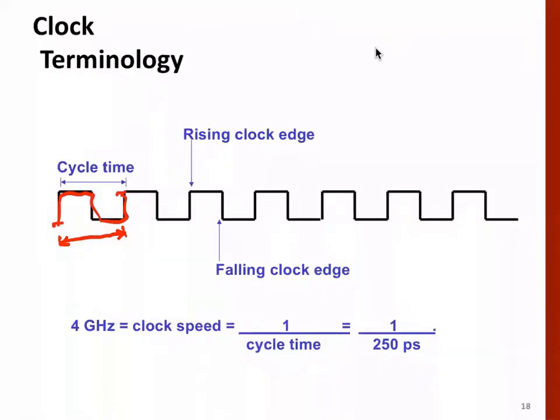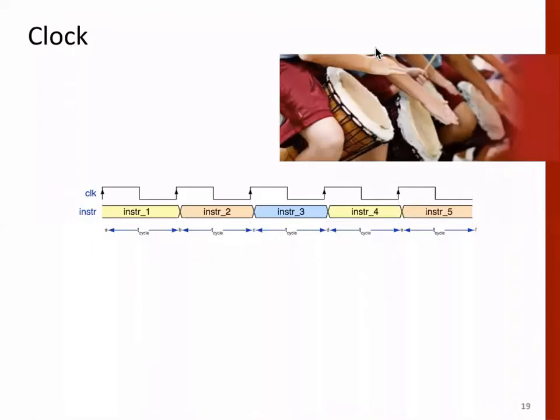Okay, so I will not go into much detail. You know that a very simple design of processor is when, within one cycle, that is from here up to this point, we can execute one instruction. So this is the simplest design, which we will actually study after two classes. Okay.